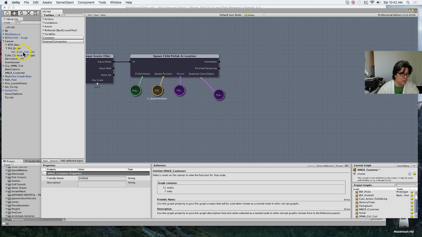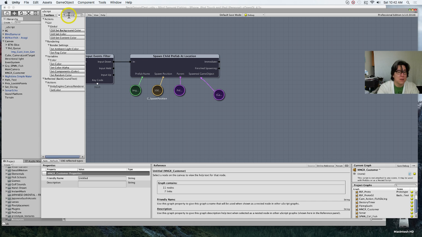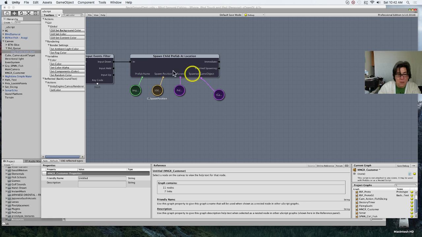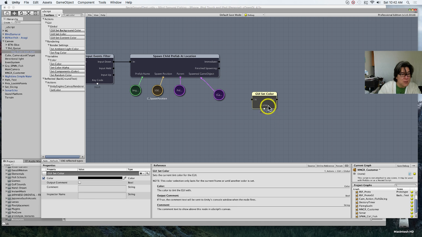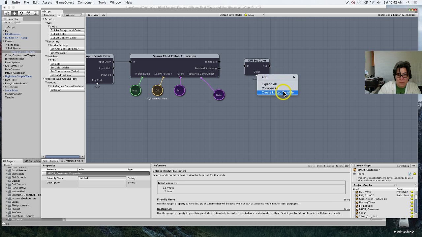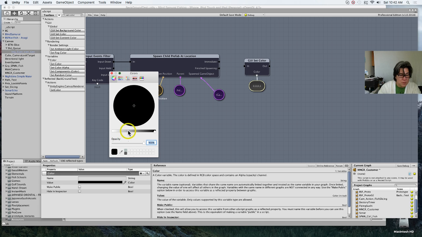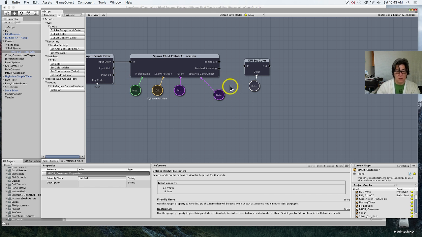No, we do. Set color. Let's look at this one, icon. What's this called? Color. Okay. GUI set color. Let's go here. Make it red. Sorry. Actually, we're not going to do that. What we're going to do is